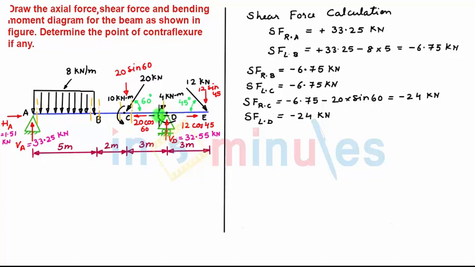Now moving the section beyond point D, by taking a section towards right of D and very near to it, shear force towards right of D is equal to, we see that between these two sections there is the addition of upward force, which is the vertical support reaction at point D of magnitude 32.55 kN. So we have minus 24, which is the shear force towards left of D, plus 32.55 kN, and this comes out to be plus 8.48 kN.